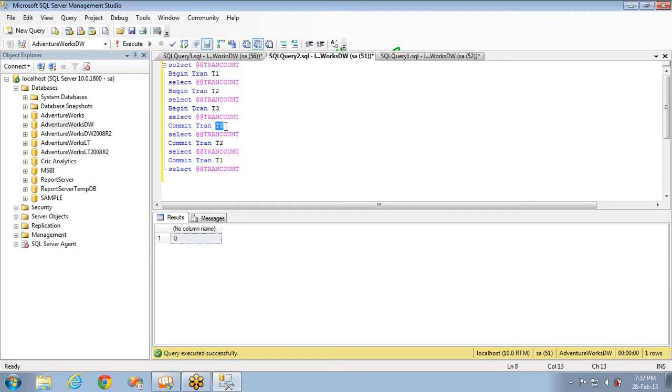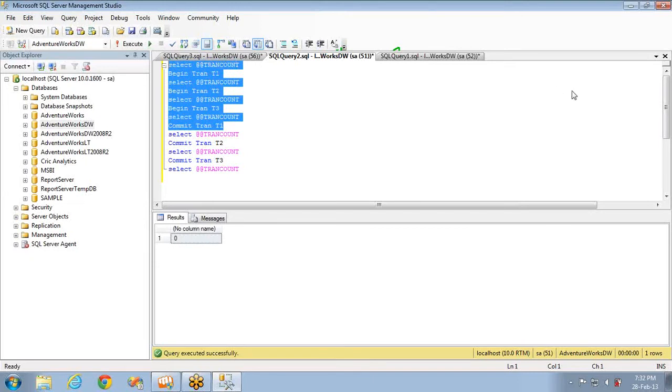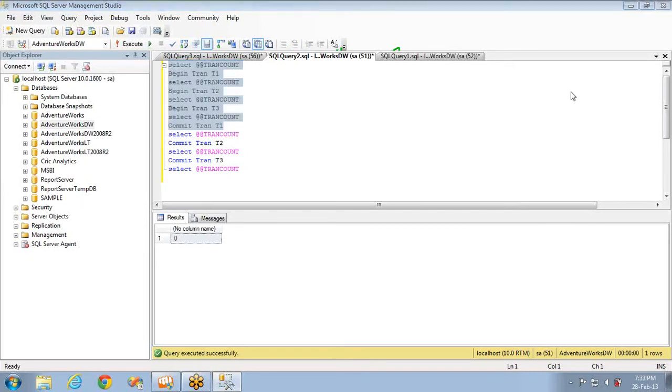Here I'm committing the transaction T3. So what should happen? If I commit the transaction, it commits the innermost transaction. What if I give the first one here and then the second one here and then the third one here? What will happen now? If transaction 1 has to commit, then the remaining 2 should be committed. Else it cannot commit. Why? Because if it commits, that means from here to here everything is done, the full transaction will be committed.